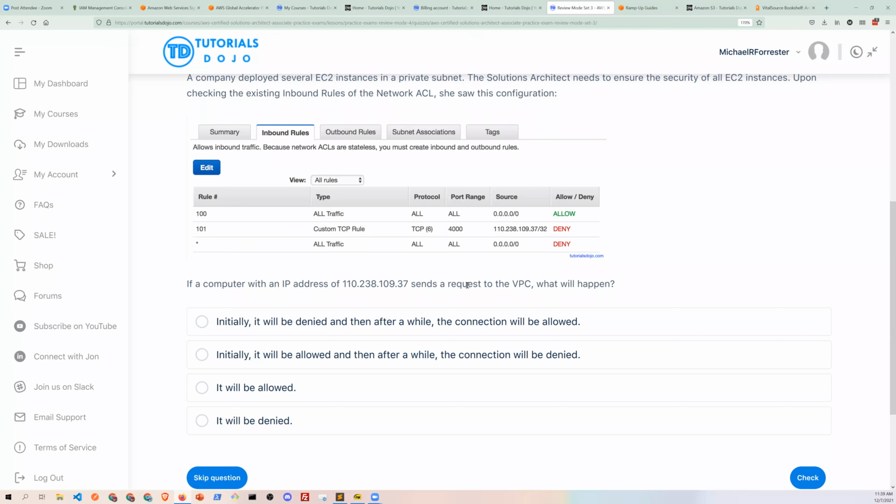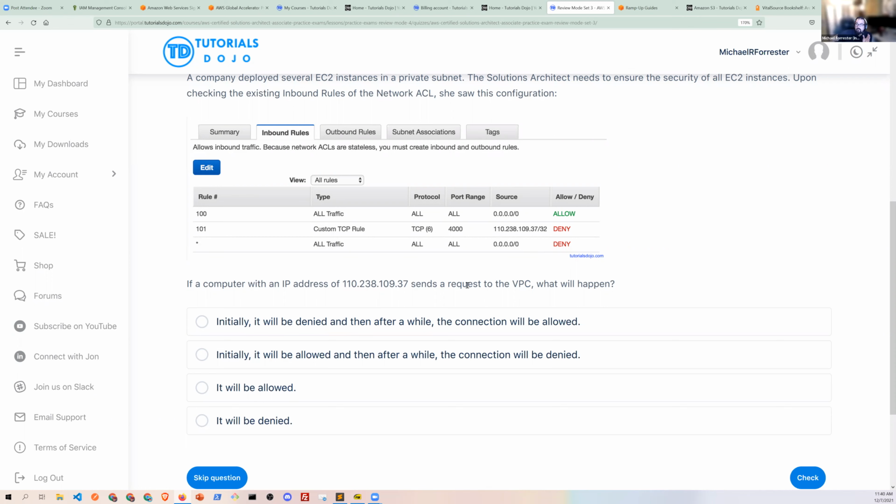I think allowed. I think allowed, the C. Okay, Gayatri, why do you think traffic will be allowed? What's your reasoning there? Because I think allow is the first one, the priority for all traffic. Then it will have the deny, since allow is the highest one. I don't know. I think the requests are processed in the order of the rule numbers, and if the first rule matches, it doesn't go and read the next rule, it just applies the first rule and takes it from there.